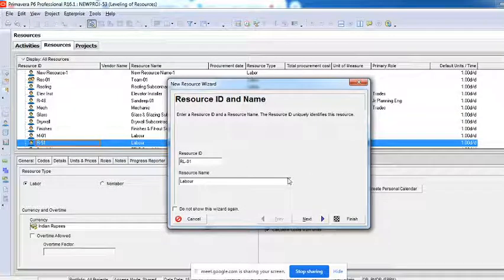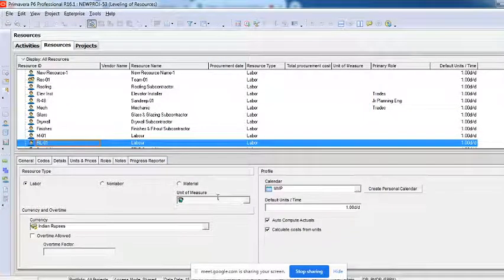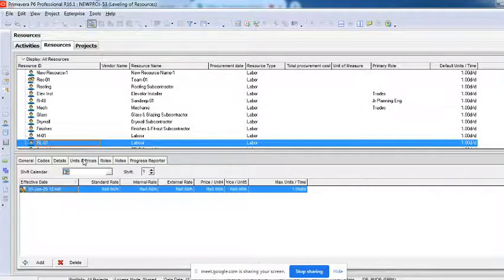RL is resource leveling, so I have to remember that. I'll say finish here, and here in units and prices I can give some, say, 400 rupees per day. And most importantly, I want this column to be filled properly, so that I have a maximum of 3 units per time. What I have given, 3, is the committed resource.